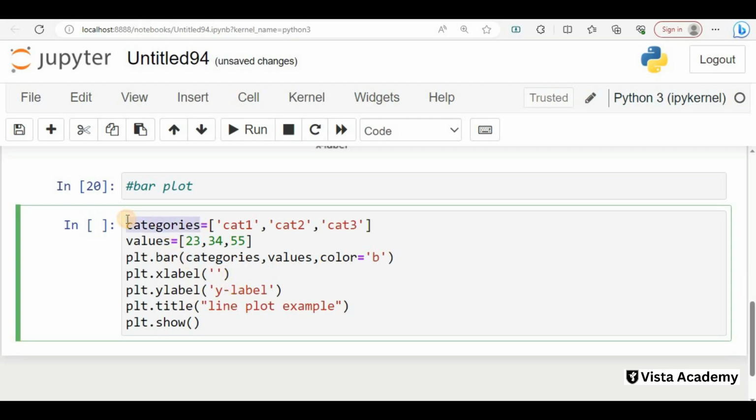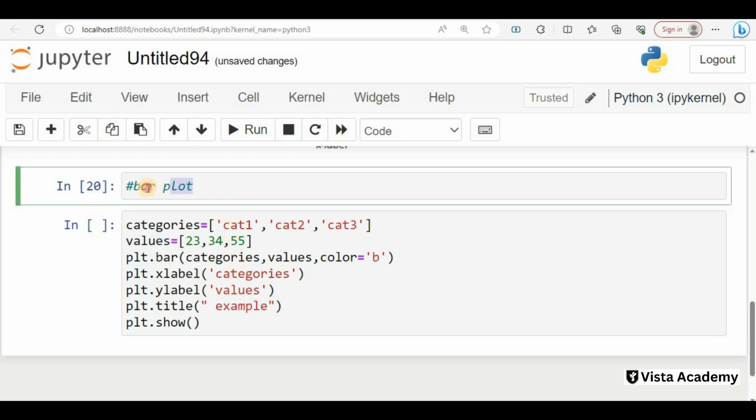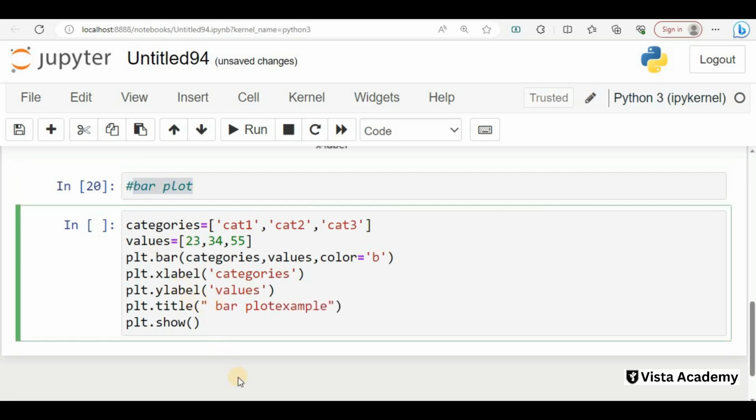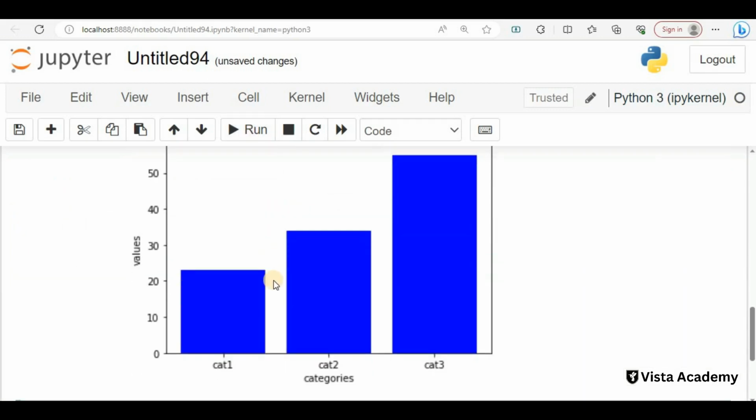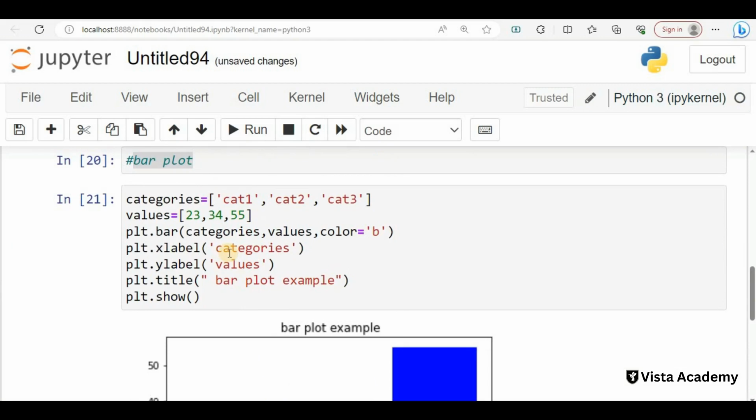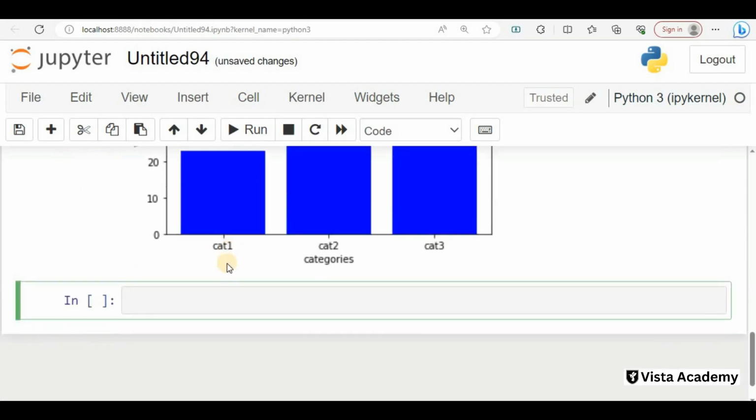I will copy this and put it there, and in Y label I will put values, and here I will type bar plot. So I will copy it from above, and now we have this categories, values, bar plot. So I will just run this. So we have a bar plot from them. According to values it will show whatever type of bar plot we have.